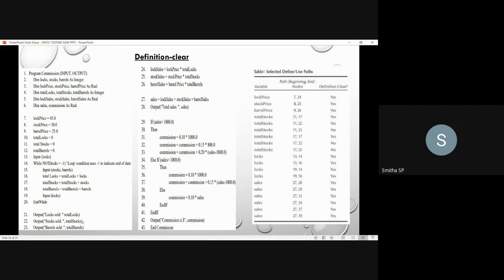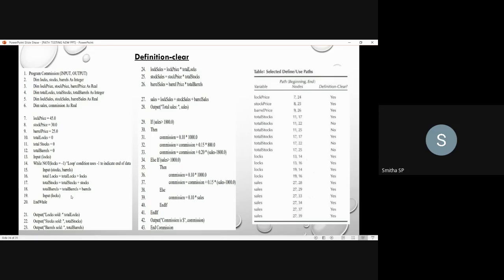Once you go through these program statements, you can observe that clarity is not there, because a loop is there. Before the loop you have defined it.